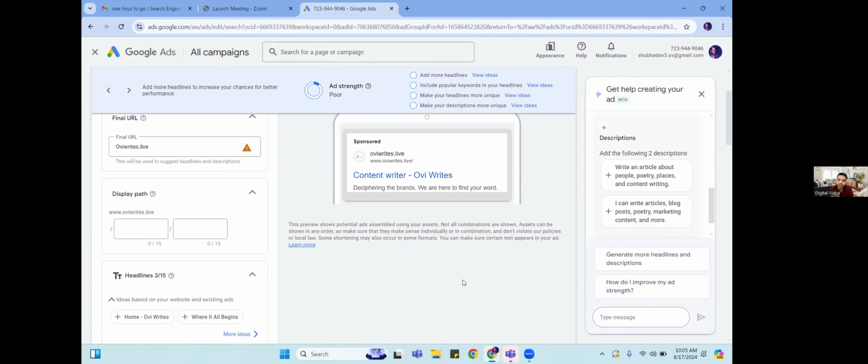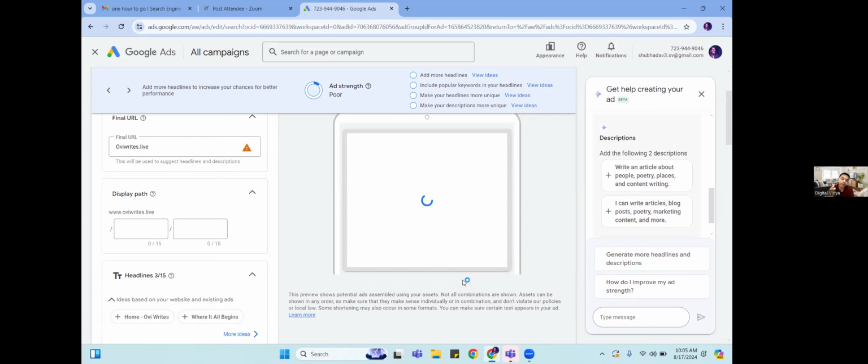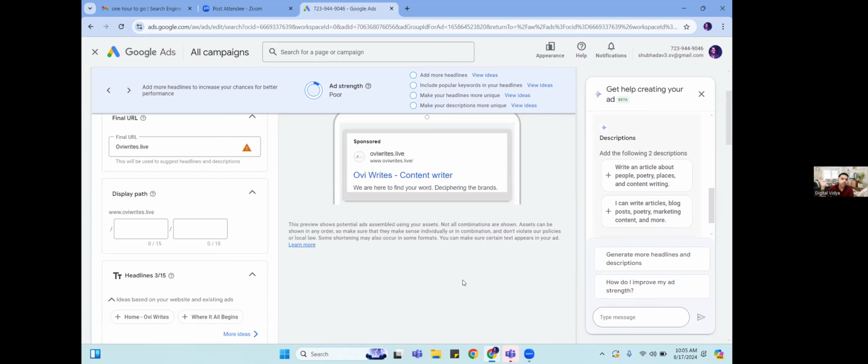So what happens with site links is, when you create a site link, you will see this option. It has to be a part of your website. It cannot be a standalone website like a YouTube channel. Site links always have links which are coming from your own website.